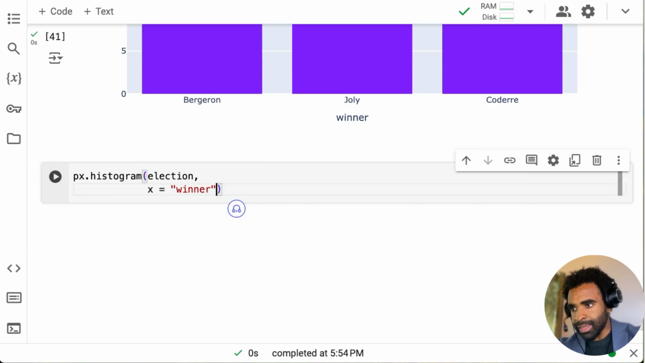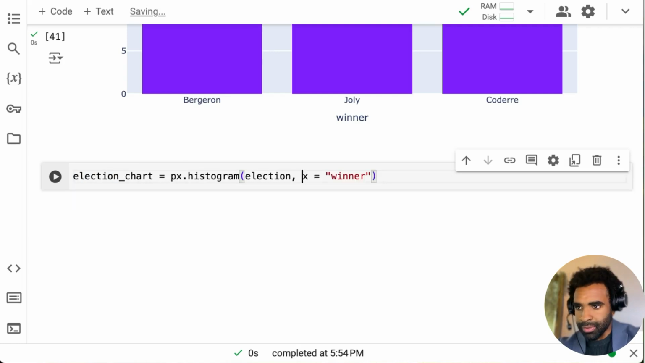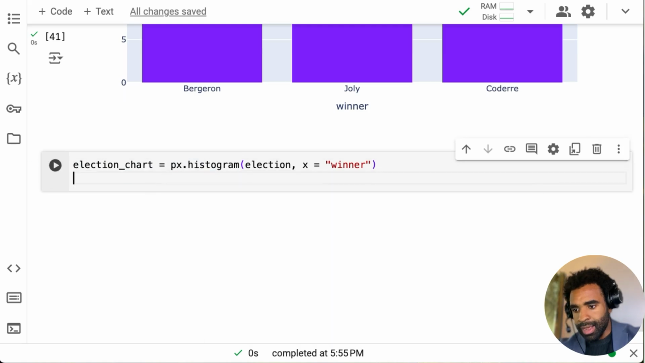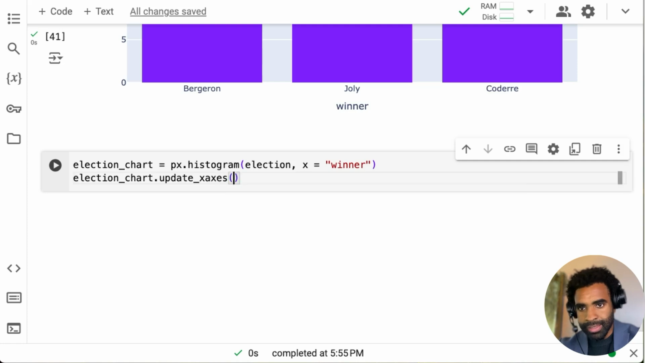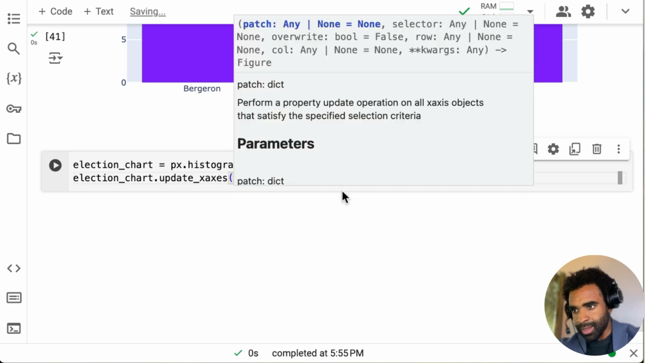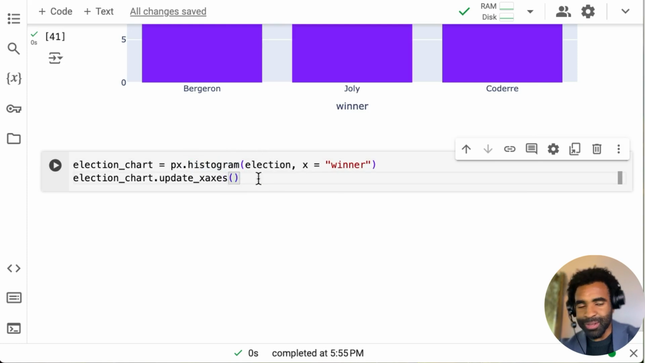And we're going to assign our existing plot to an object. Let's call it maybe election chart. So we assign that to a variable, or you may call it an object as well. And let's run that. And now we're going to call the following: election chart.update x-axis. This is the kind of thing that if you don't remember it, you can either check the